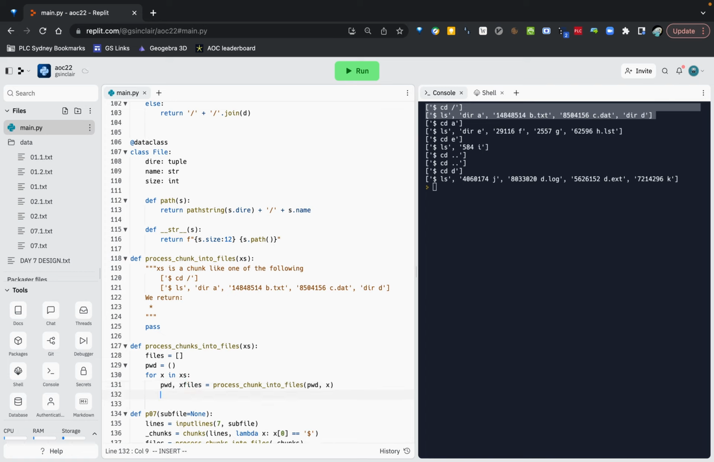And so what I do now is put them in the list. So I go files. Now you know about append. I'm going to use files.extend, and I'm just going to return all the extra files. Okay. All right, and then at the end of this, I'm going to return files. Right, phew. Okay, so